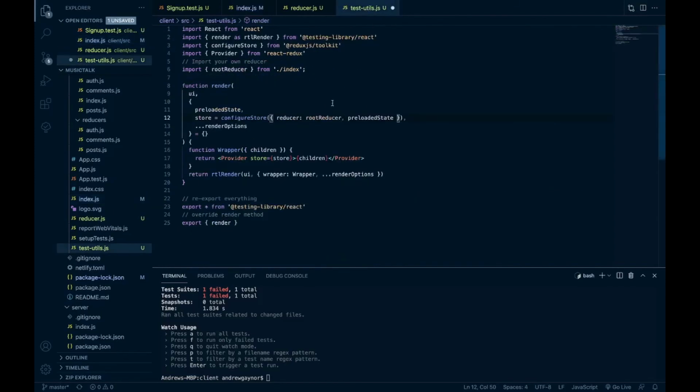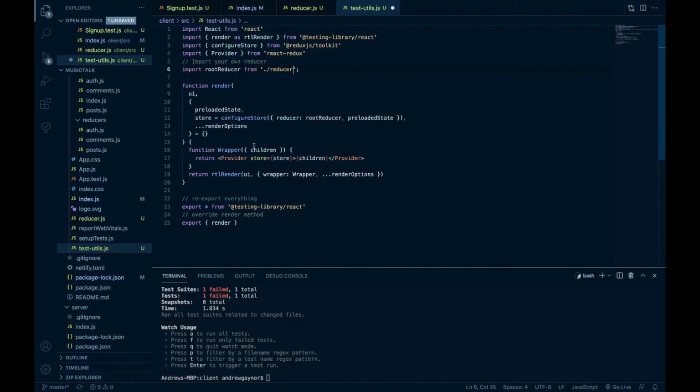Back in our test utilities, we're going to import, it's not a named import anymore, import root reducer from, my dog says hi, from reducer. So bringing in our reducer, configuring the store with our reducer,